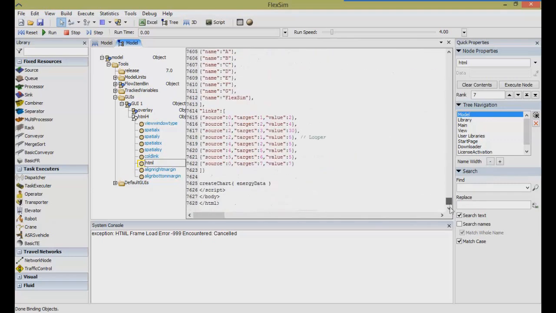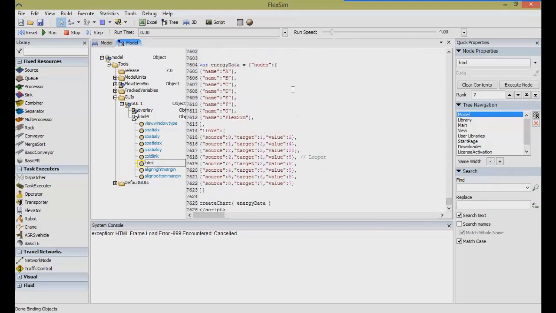Way down at the bottom. Okay, so the question is, how can Flexsim access this and modify it? And we'll look at that in our next